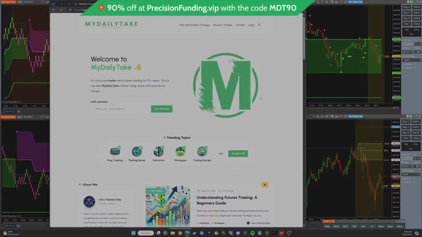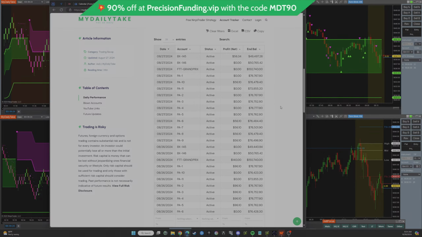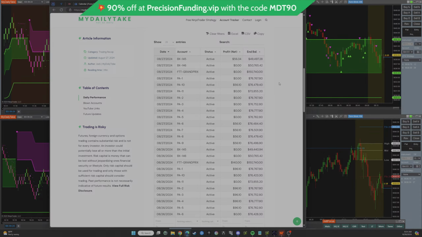Just a reminder, I put this account tracker together and I've automated it. So when I end the day, what I do is, and maybe it'll help some people out there, you have MultiCharts, and I have a license with MultiCharts, the .NET version. You can log into as many Rithmic brokers as you want at once. And so I have a Python script that starts MultiCharts, logs into all my accounts, and then